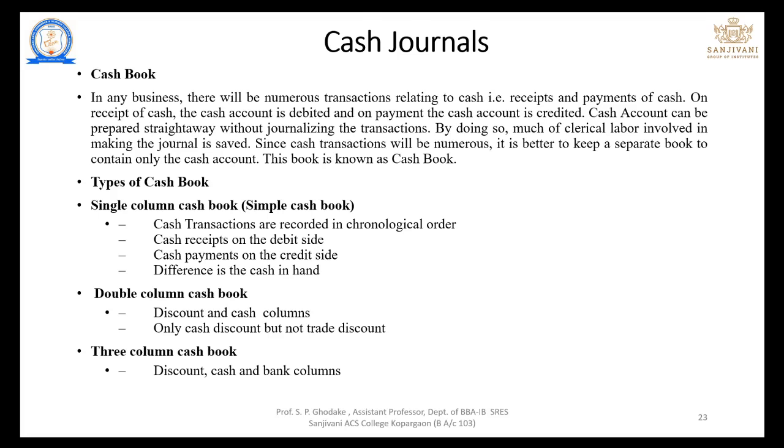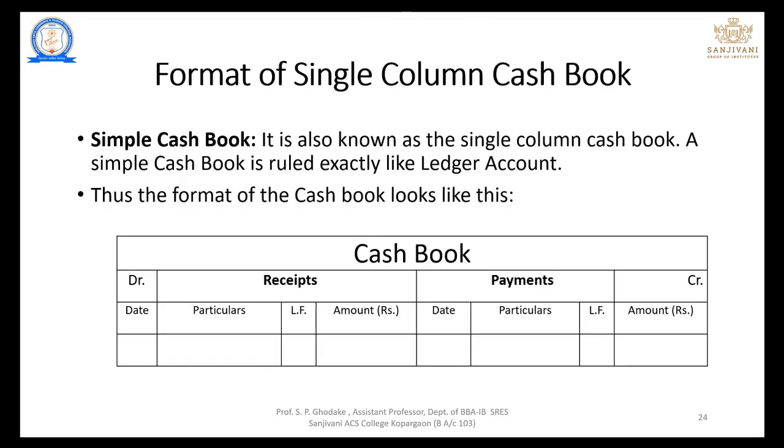Whereas we have double column cash book where discount and cash columns are prepared. Only cash discount but not the trade discount is recorded in double column cash book. Whereas we have the three column cash book where we have the discounts, cash and bank columns. So now we'll see the first, that is single column cash book, or we can call it as a simple